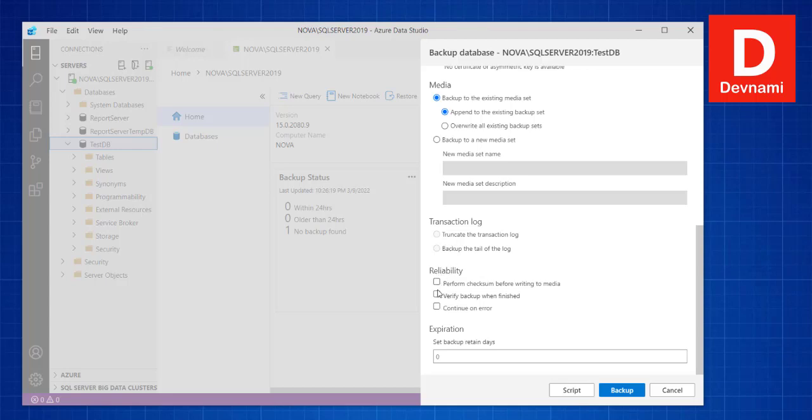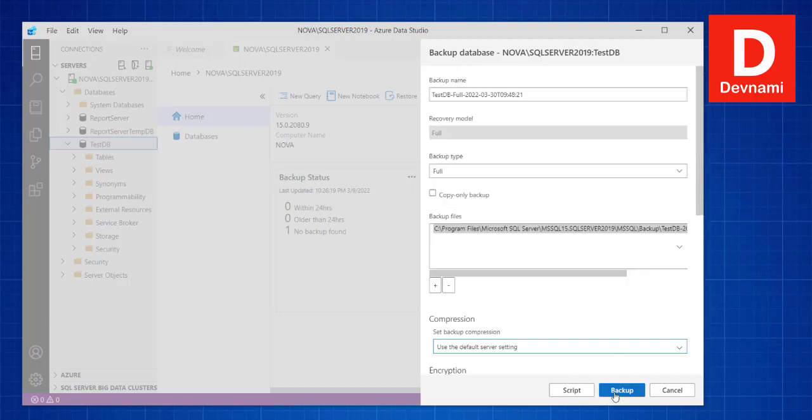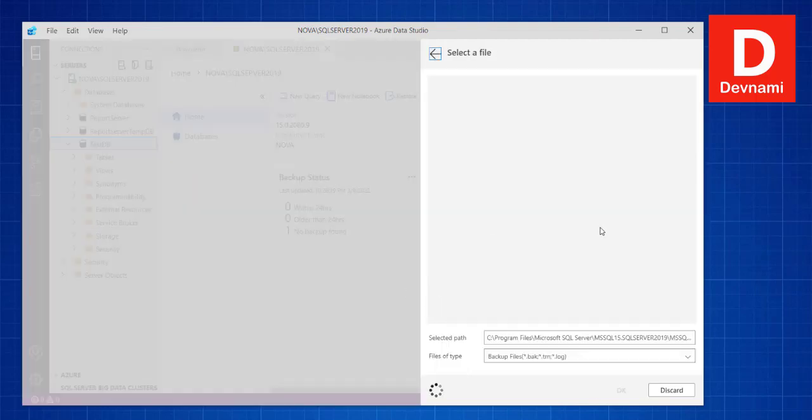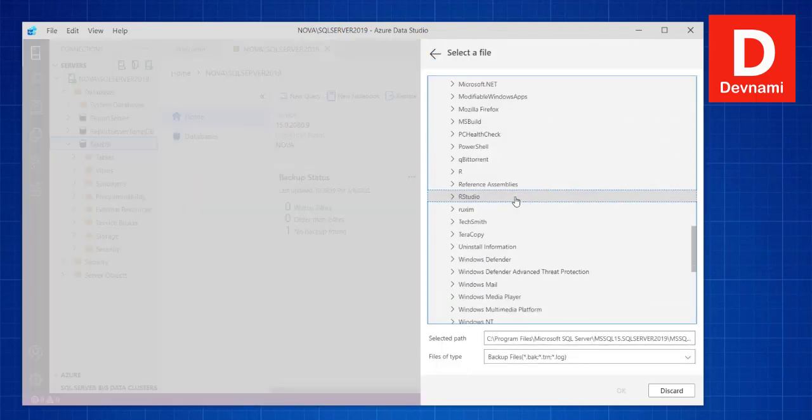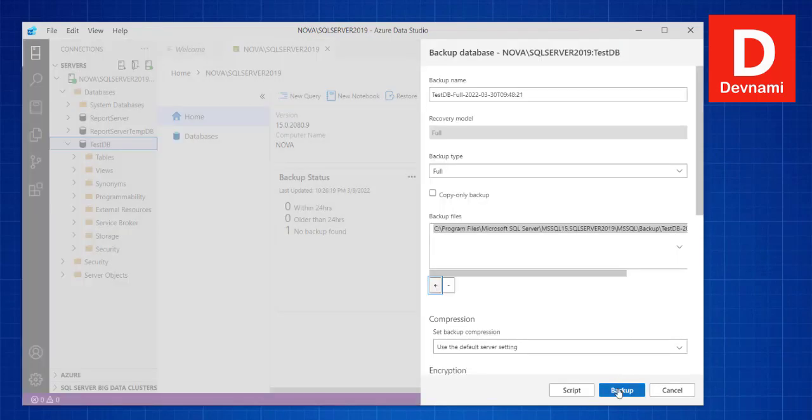Then reliability options, you can perform checksum, verify backup, continue on error, and at the end you will have to click backup. This should create the backup file in this particular location that we have selected. We can change this location to desktop with the same backup file format. Then clicking on backup will create a backup file,